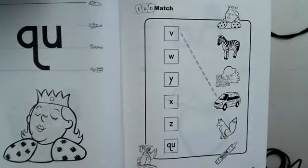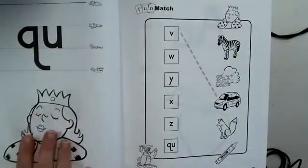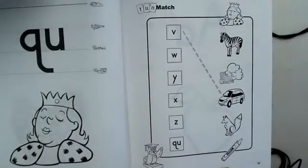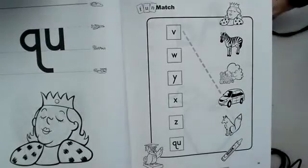Please raise your hand quietly if you need anything, Luna. So we're going to do some matching here. But first, you can trace the Q with your finger, color in your queen however you'd like. Then we're going to do some matching on this side. Yes, Luna. The Y makes a yuck, yuck sound, like the color yuck, yuck. You want to raise your hand if you need